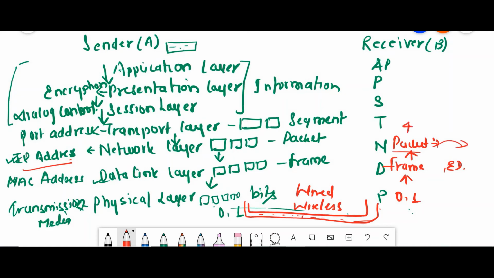In the transport layer, these packets are combined and become a segment. If you did multiplexing on the sender side, we do demultiplexing here. Next is the session layer. In the session layer, the segments are combined to become information. In all these three layers, our data will be in the form of information only. In the session layer, dialog control and synchronization take place, and the receiver receives the data. In the presentation layer, if you did encryption on the sender side, you have to do decryption here.